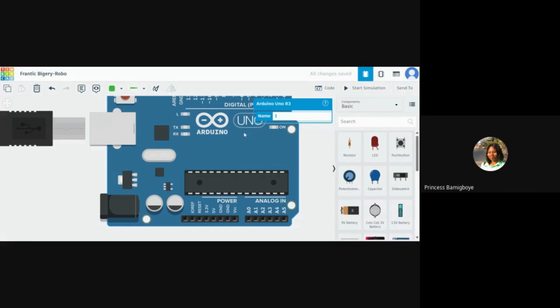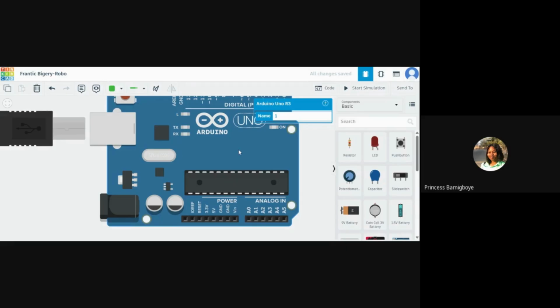But then what if I finished this project now, and I don't want to have to carry my laptop every single time I want this project to work, because it's going to be exhausting. My laptop is heavy. It's counterproductive, because this project is meant to run on its own and be portable. So will my laptop be connected to the Arduino at every point in time? No.